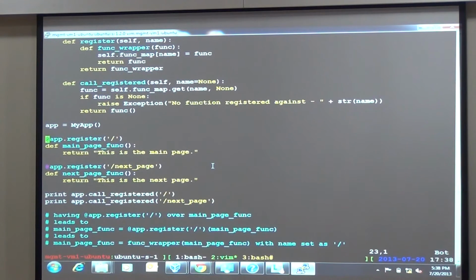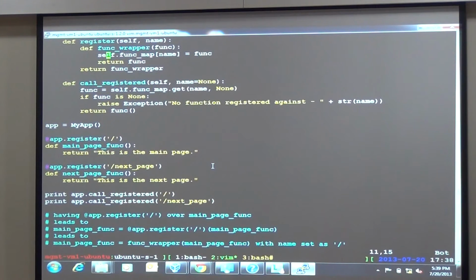So basically that's about it. A way of looking at decorators to do different things. When I first looked at decorators, I thought, okay, you have a function wrapper, you take a function, you have a pre and a post functionality, and then you use it, that's it. But in this case, we are not doing any pre or post. We are just taking the function, putting it in a hash and returning the same function. So this is how we use decorators to register callbacks.